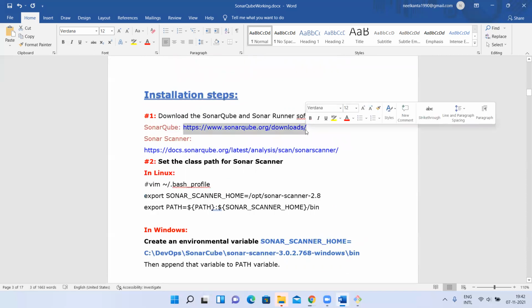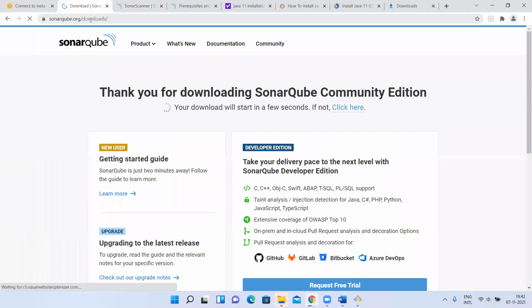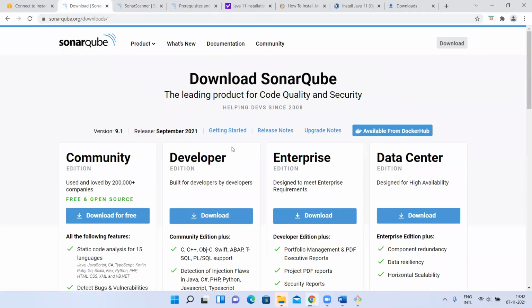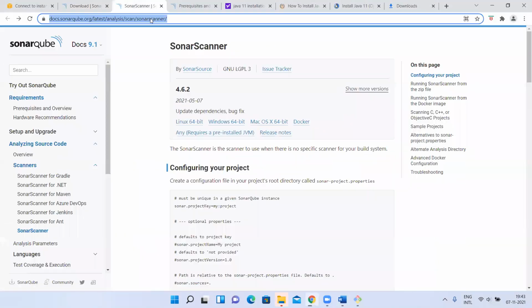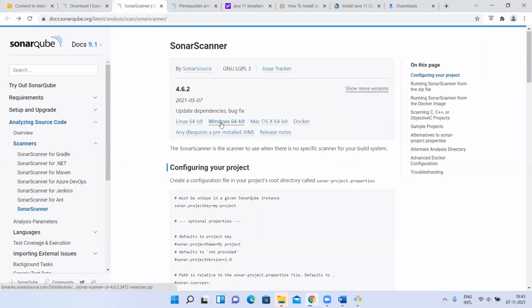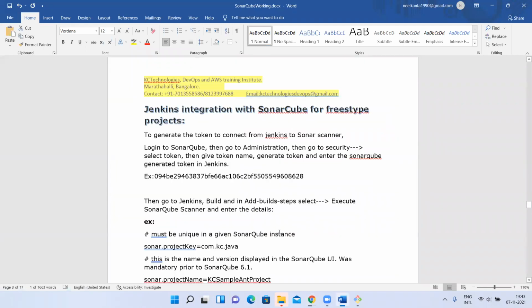To download SonarQube, if you want to see, you can hit this URL directly. It is for the SonarQube server, right? We download the community edition. If you want to download the SonarQube scanner, you can take this and hit this URL, and it will show it here. If you want to download for Windows, you can download it. If you want to download for Linux, you can click on this. The direct link for 64-bit Linux I have given it here, so you can directly take it